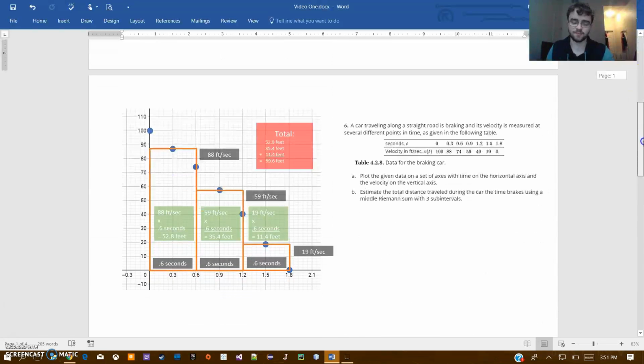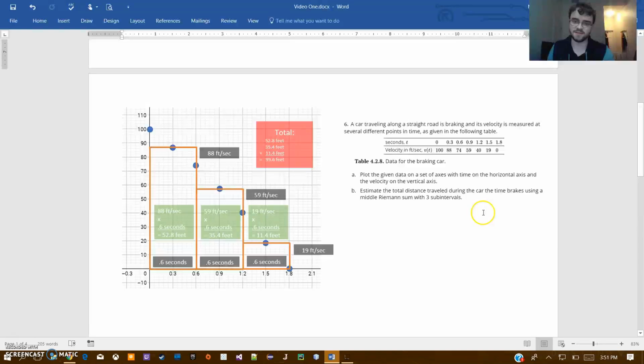So we go on to the next question, which asks us to estimate the total distance traveled during the car's braking time using a middle Riemann sum with 3 subintervals. So first off, we have our 3 subintervals represented by the orange rectangles, and given the total time of 1.8 seconds, our subintervals are then 0.6 seconds long. And so the middle of the interval falls on the middle coordinate, which is 0.3 seconds, and then 0.9 seconds